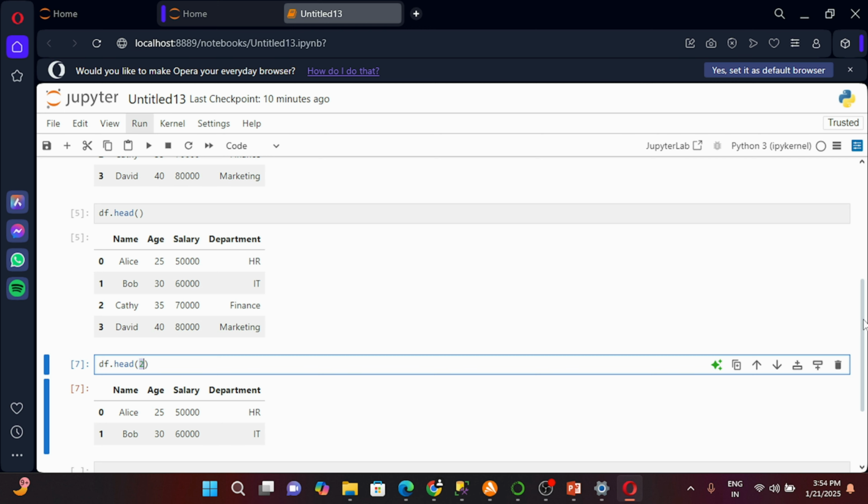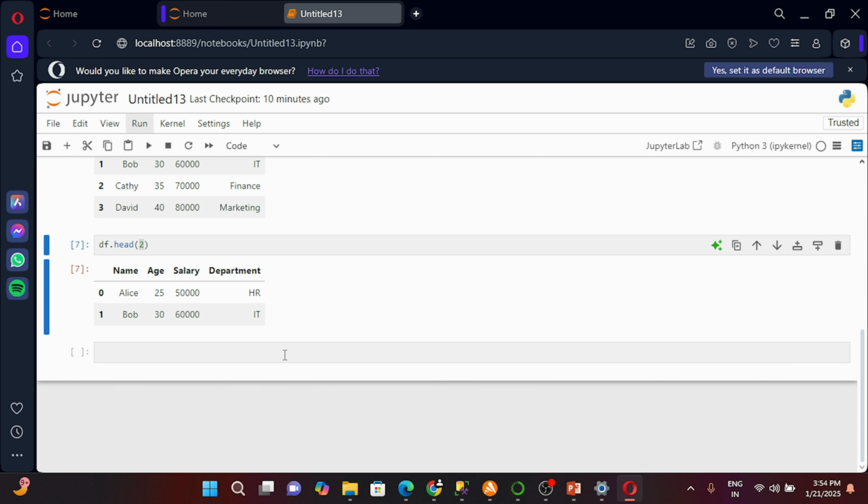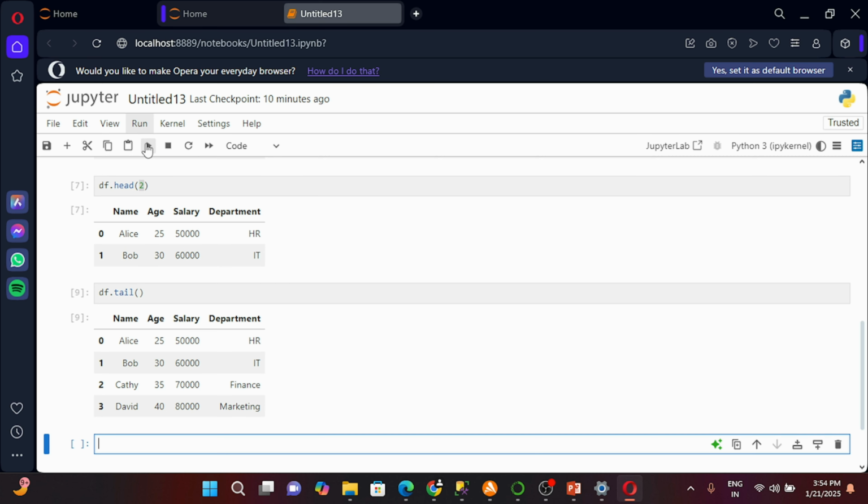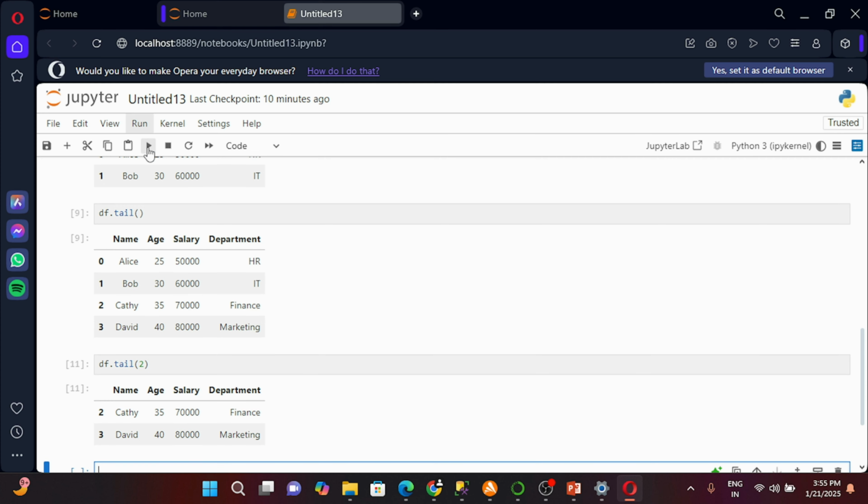Now let's jump to another method, which is df.tail. Last 5 rows first, without passing any number. Let me show you how it is going to run. As you can see, it has displayed the last 4 rows. If I want to display the last 2 rows, I'm going to pass 2, and let's see what results it gives me.